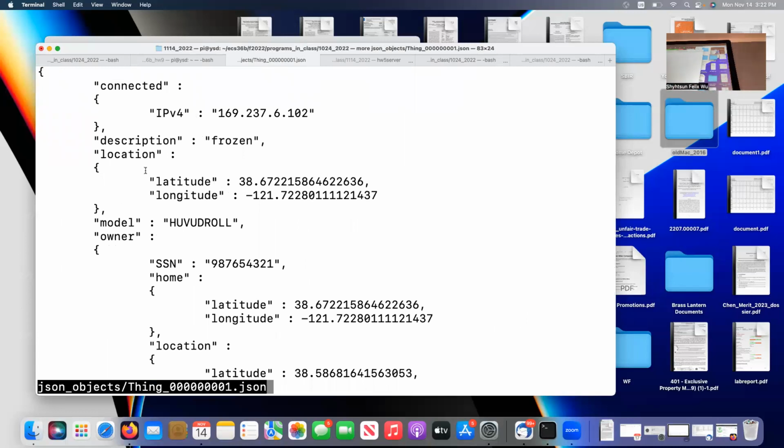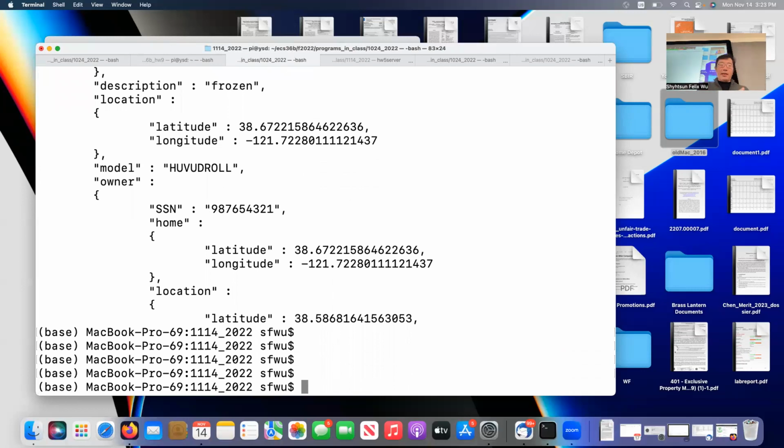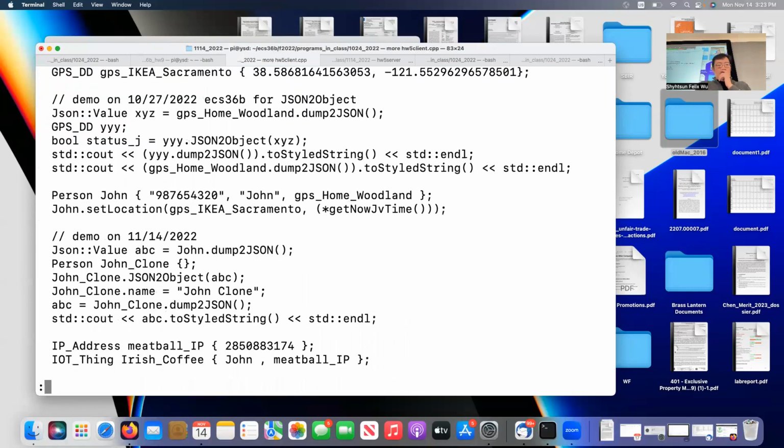By the way, this is the output of dump to JSON, which you should already have for homework assignment number 2. And you just use some of the function routines, which I provide under, I think it's called ecs36b underscore JSON dot CPP. Over there, there's a set of routines that you can use to write it to the file. And I gave an example, by the way, this is an example I gave on November 7th version, which I think is on HW5, client.cpp. This part,